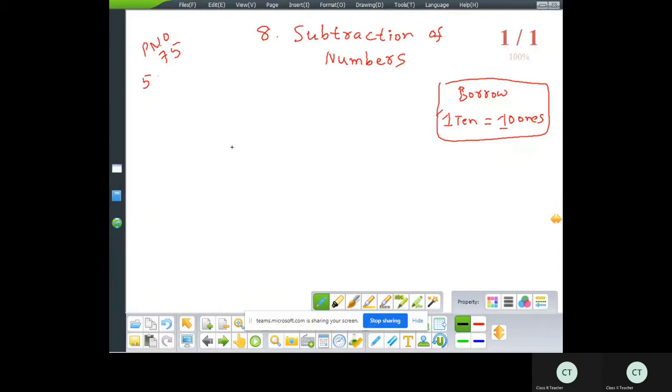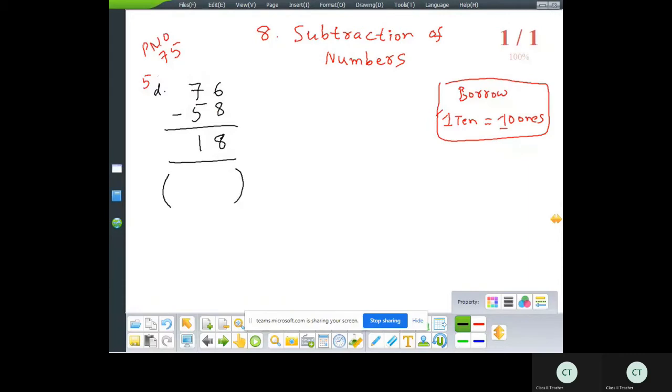Now question number D from 5, page number 75. 76 minus 58. The answer is 18. This answer is from Madhavi. If it is correct, there is no problem. If the answer is wrong, we write the correct answer in that bracket. 76 minus 58. Here 76 is a bigger number, that is on